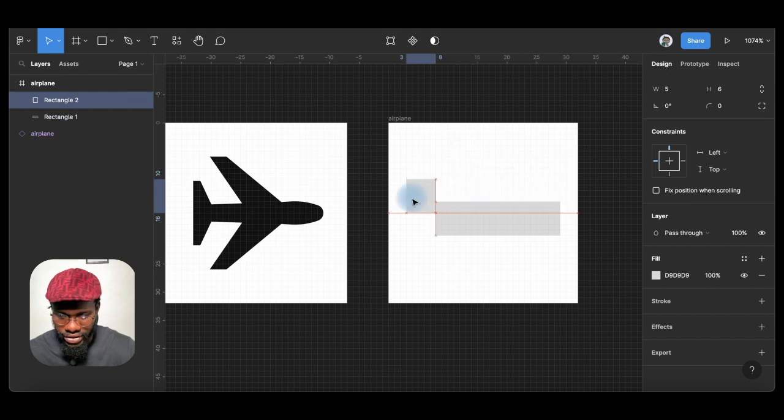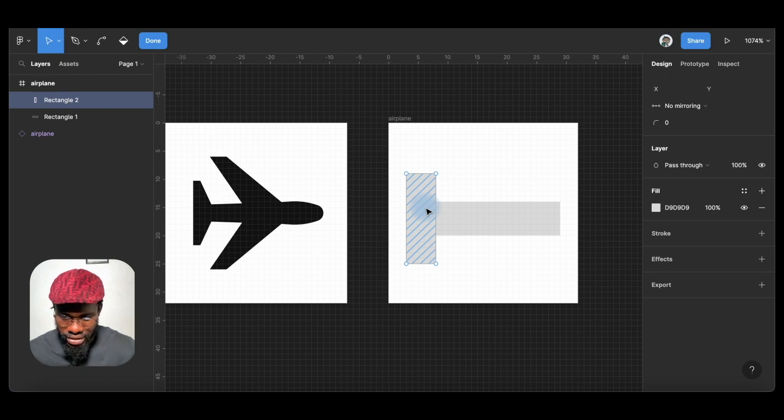So this time I'm trying to create a tail of the airplane. Alright, I'm holding down option so that I can scale in both directions. So I'm going to tap enter to activate the object mode so I can add some nodes and do some little manipulations. So I'm going to add a node at this particular point here, tap escape, and then add another one here,